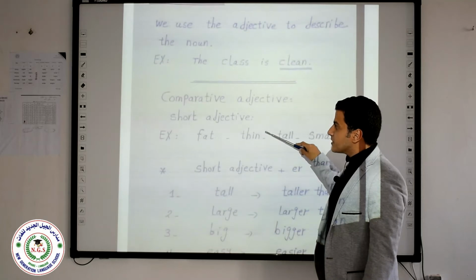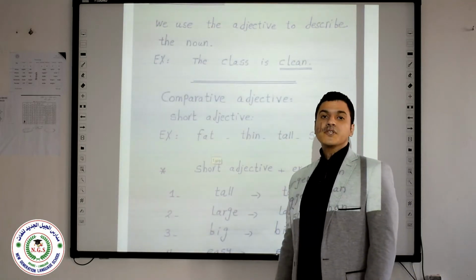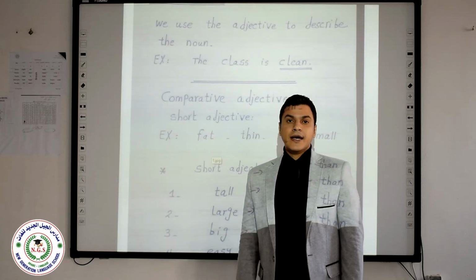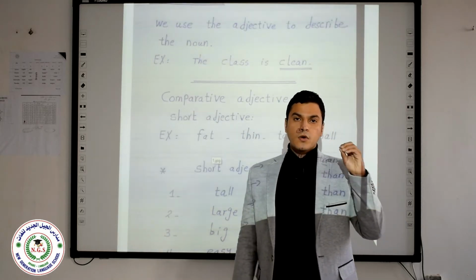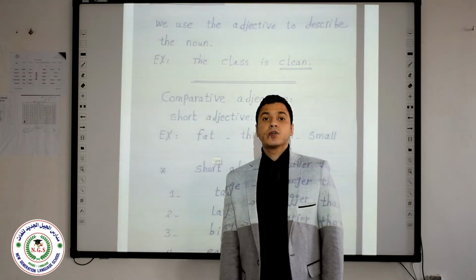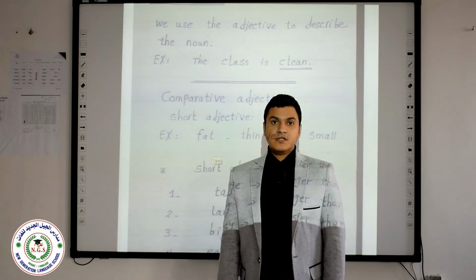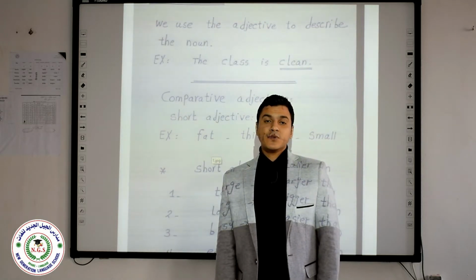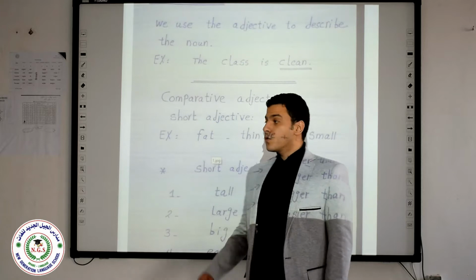Let's talk about the most important part, which is comparative adjective. Comparative adjective يعني صفات المقارنة. جاي من compare يعني يقارن. We use comparative adjective to compare between two things, two groups, two persons. So, but before we talk about comparative adjectives in detail, we have two kinds of adjectives, which are